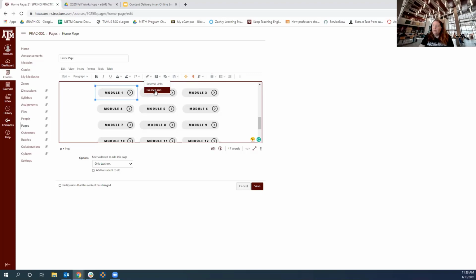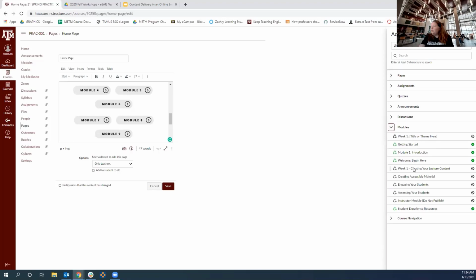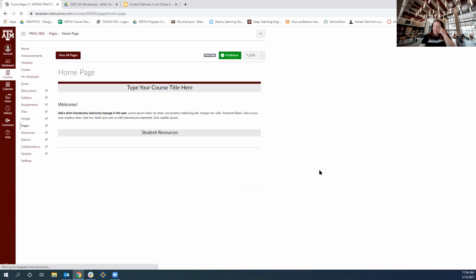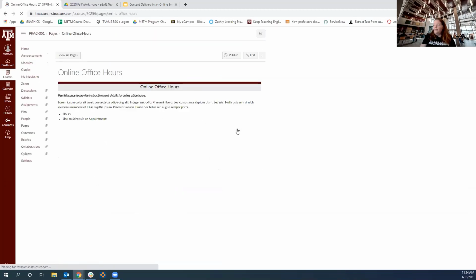So here's where I would hit the course link, and then I could come in here and search for module 1, or it actually shows you modules, and then it gives you those modules. And so then I added it just like it showed the yellow box there to show that it added the link, and I'm going to hit save. And so module 1 should now go to my module 1 in the modules area. And again, like the online office hours, more text that needs to be replaced.